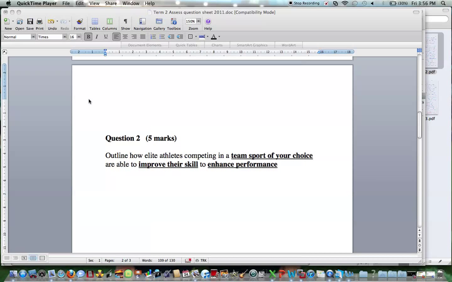Question 2 from Assessment 4 asked students to outline how elite athletes competing in a team sport of your choice are able to improve their skill to enhance performance. This was worth 5 marks. I've gone through. So first of all, for this question, students need to talk about a team sport,